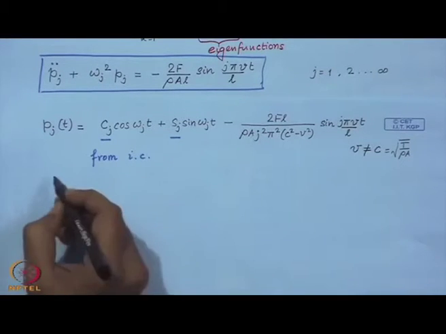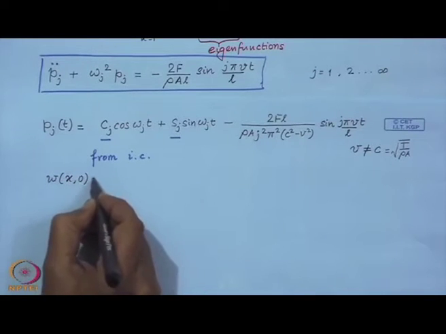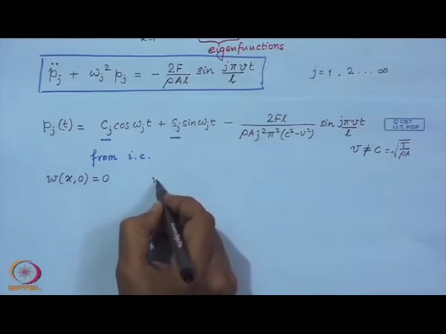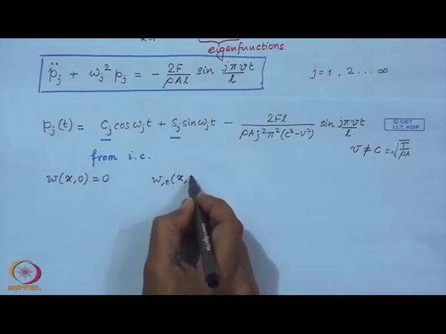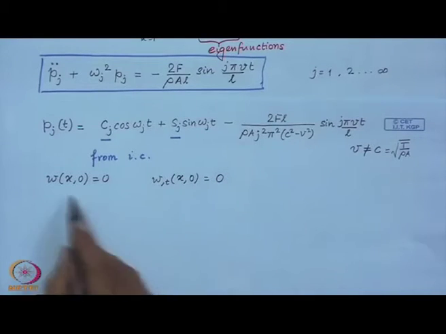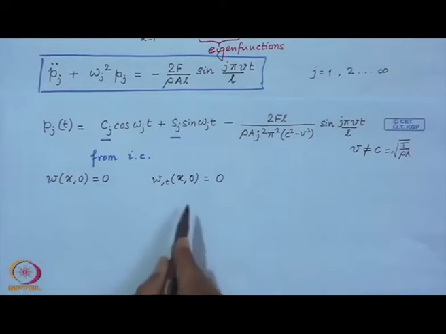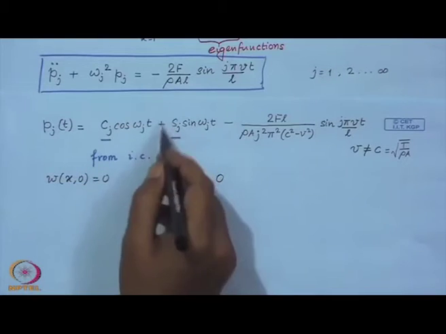So, we will consider a stationary string before the force starts traveling on the string. So, initial displacement is 0, initial velocity is 0, and if you solve for these coefficients,